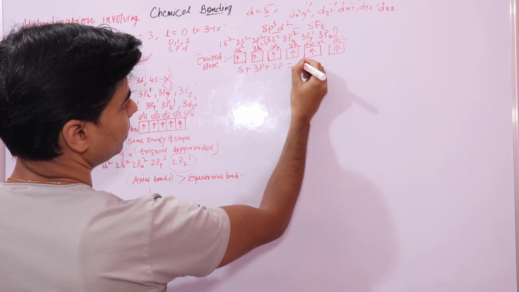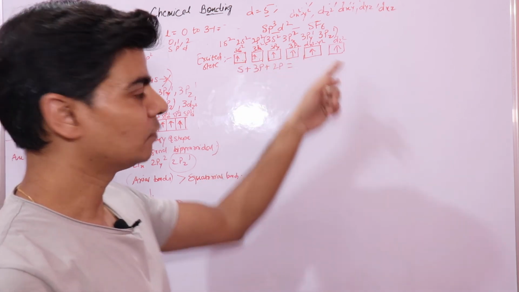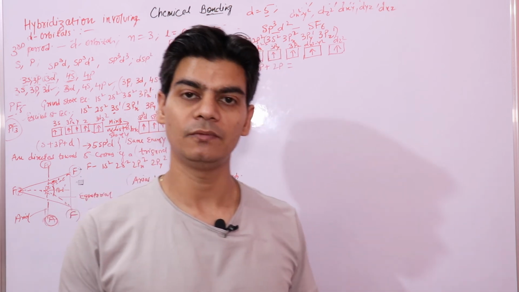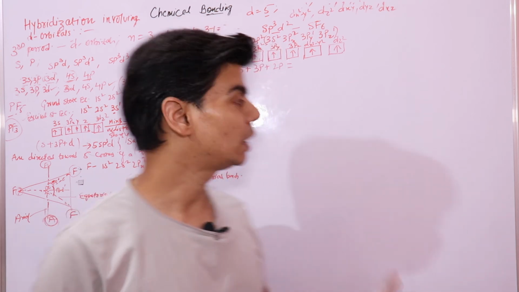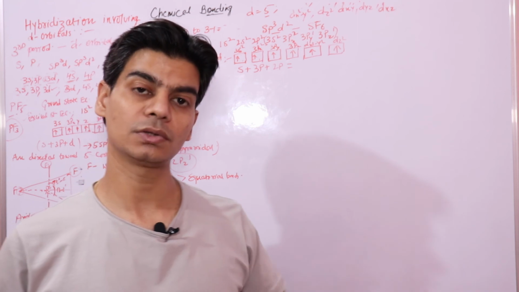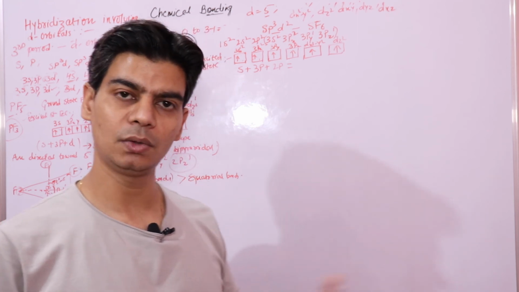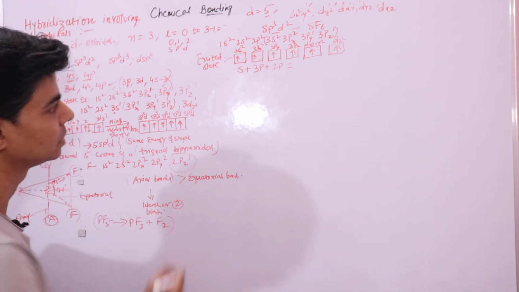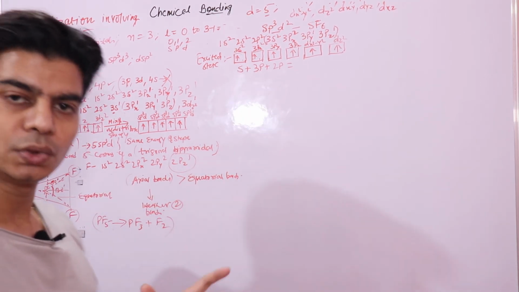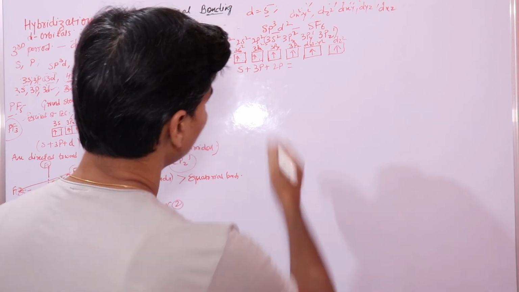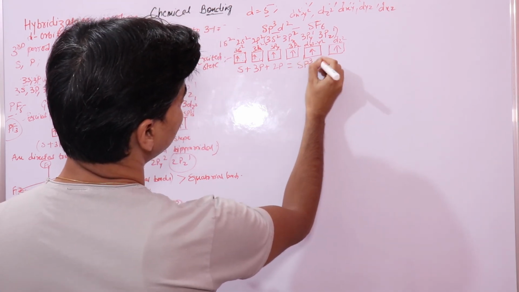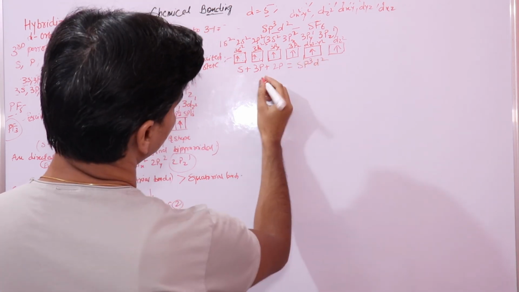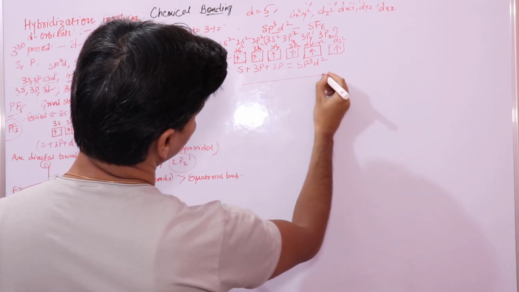So all these will hybridize. All these 5 orbitals will mix and merge and will redistribute their energy so that each of the newly generated sp3d2 orbitals will have the same energy. That is why they redistribute their energy, because each of the orbitals should have the same energy. It will form sp3d2 hybridization, and this is how you will show it.